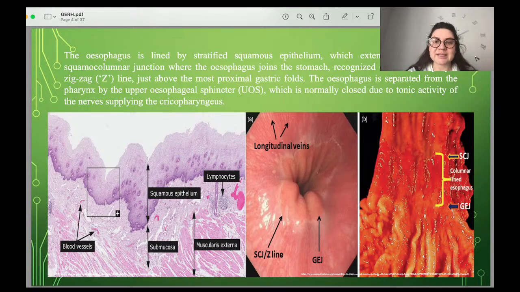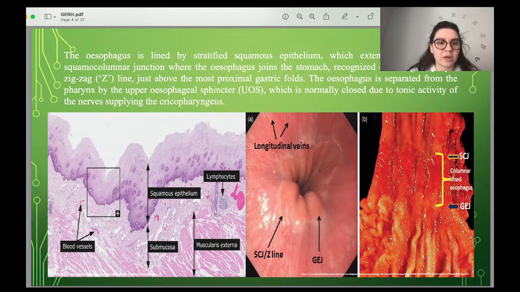The esophagus is separated from the pharynx by the upper esophageal sphincter, which is normally closed due to tonic activity of the nerve supplying the cricopharyngeus. And you see interesting pictures, the different images of that line. First picture, it is a microscopic